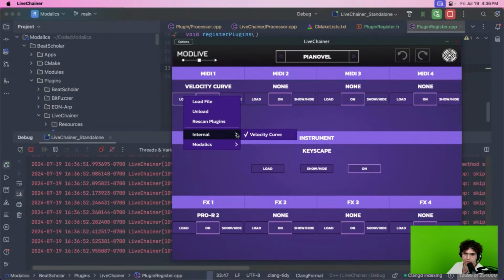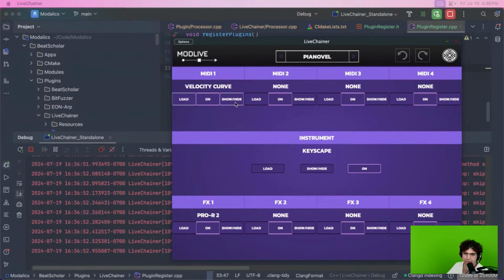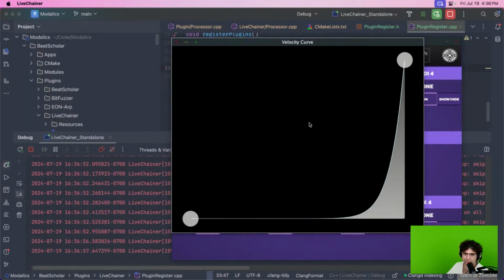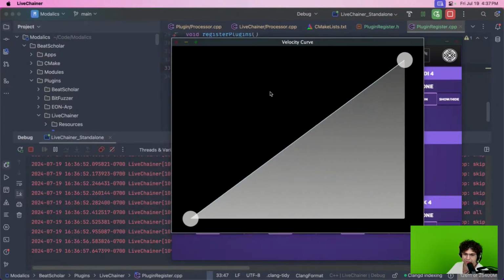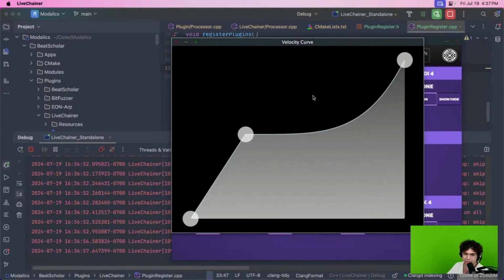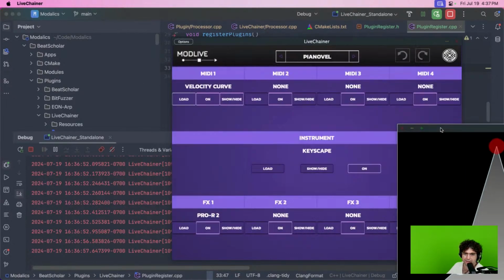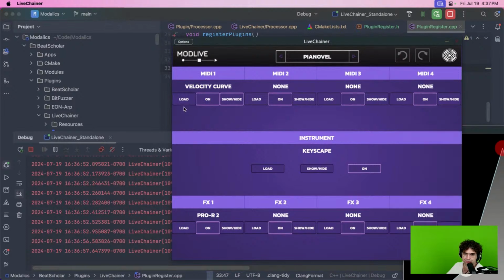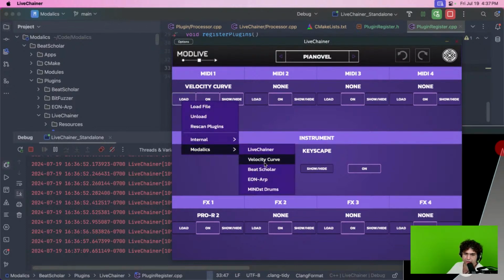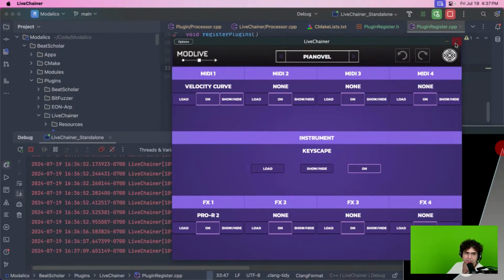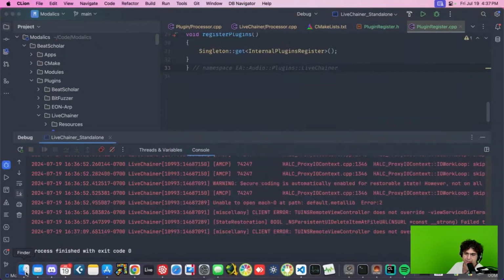Okay, and then load internal velocity curve. Let's show this. Yes, and now it shows the beautiful UI of my beautiful velocity curve. Look how beautiful and smooth this is. I can add my little sections, add these. And I did this because there's still probably a velocity curve here because this is a VST3, but I should be able to